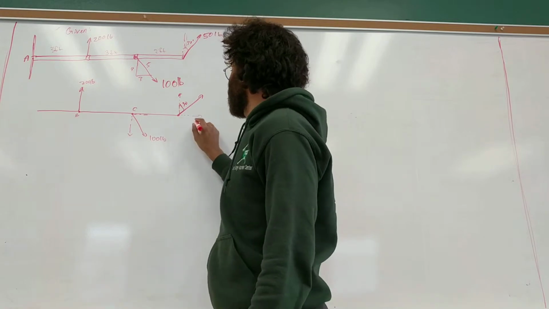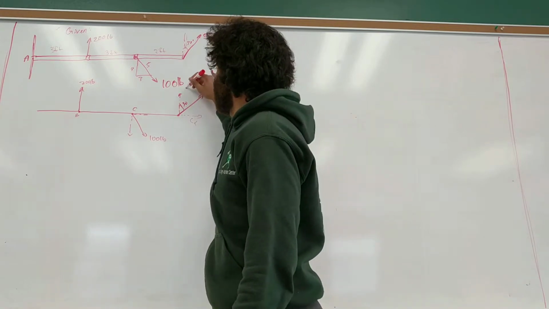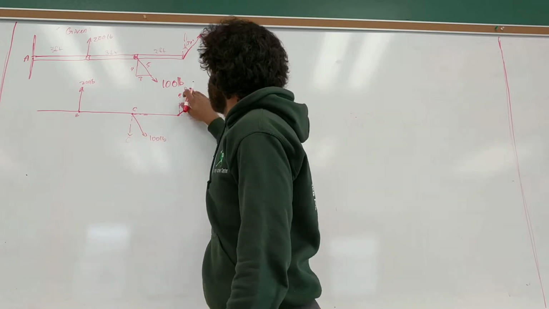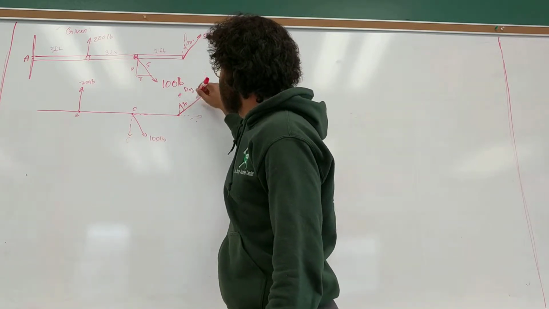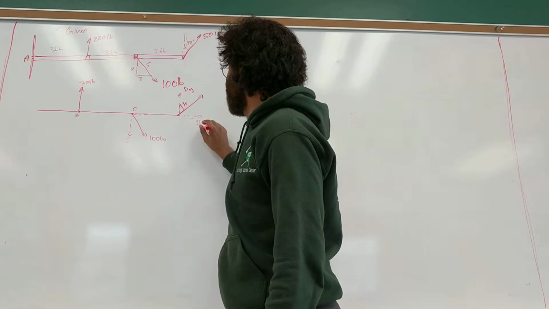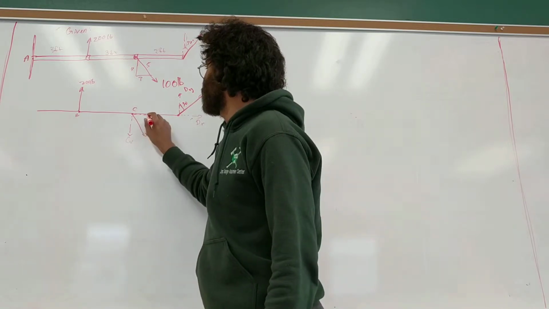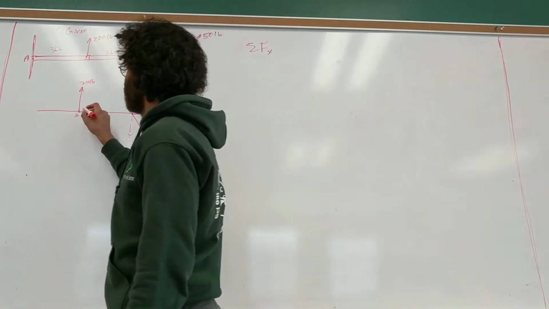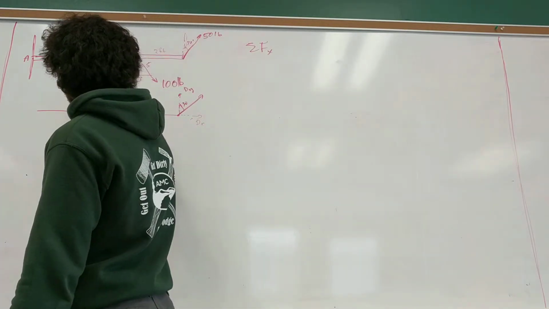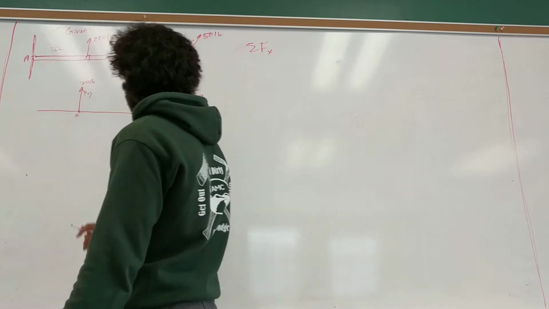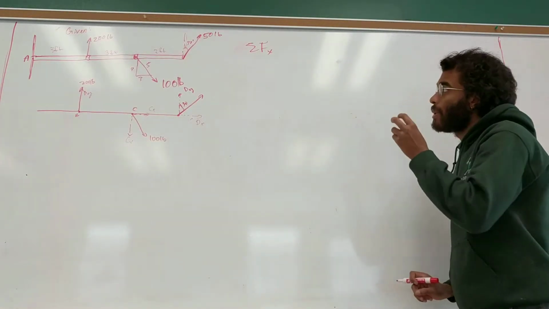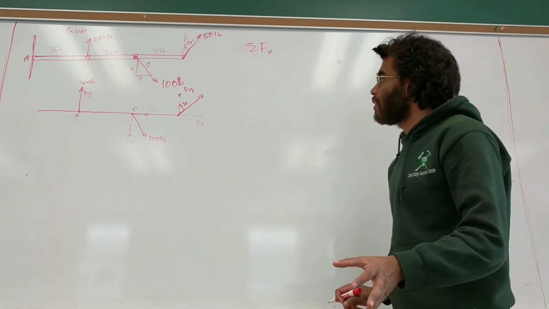Then we'll call this CX, this would be CY, this would be DY, this would be DX, and this force here will be CX, and then this one we'll just call BY. Right? So now that we have that set up, we can start finding our equations for all the forces